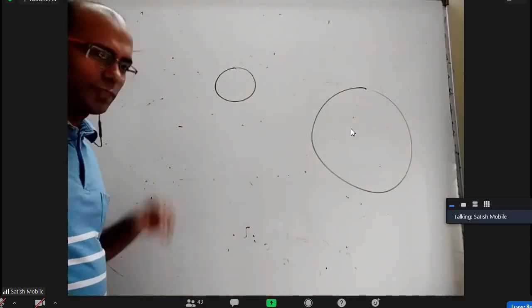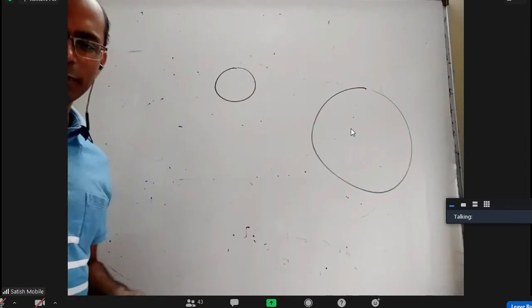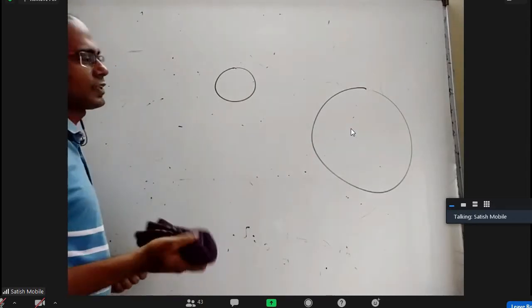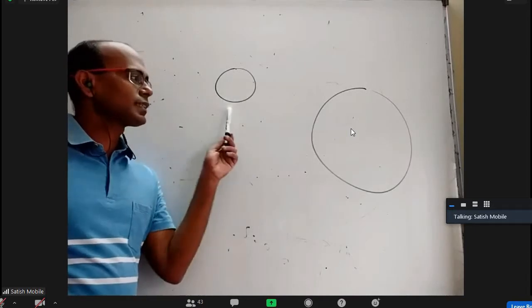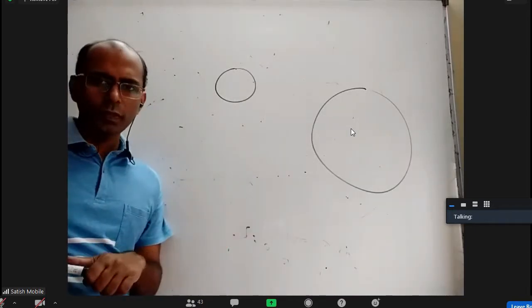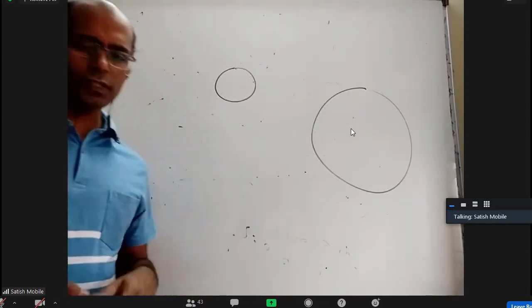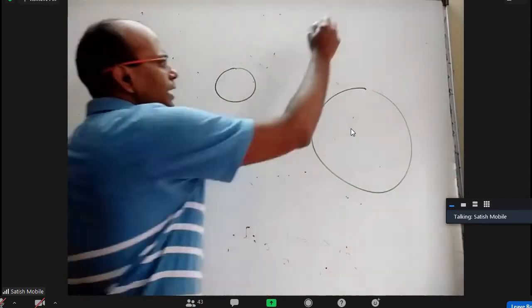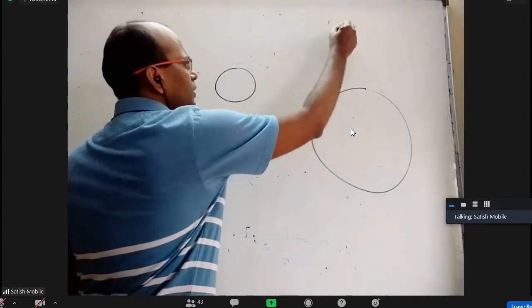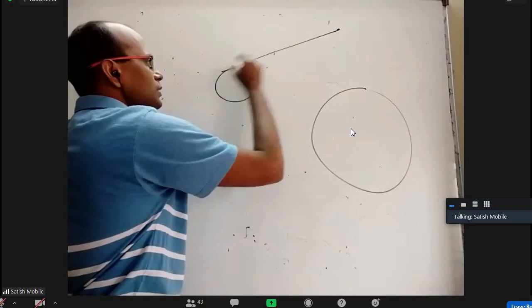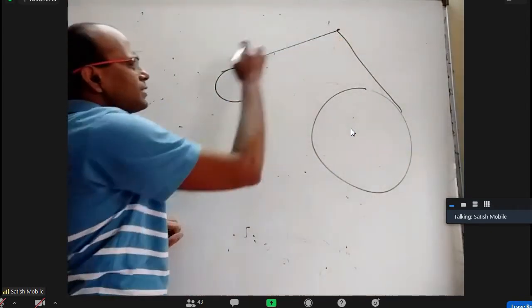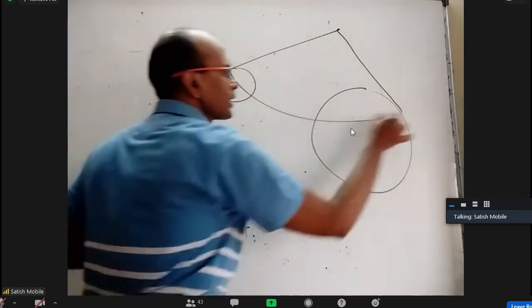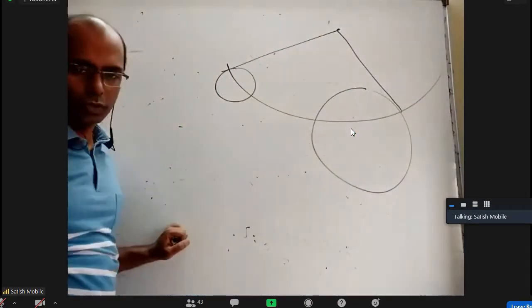All right, and with this additional work and all that for some people. Now what is it that we are discussing? I want a circle which can intersect this and this both orthogonally. There will be a lot of such circles, not just one. Let's say I have a point from which the length of tangent to this and the length of tangent to this are equal somehow. Then you take that as the center and this as the radius. You will get a circle that will intersect these two orthogonally.